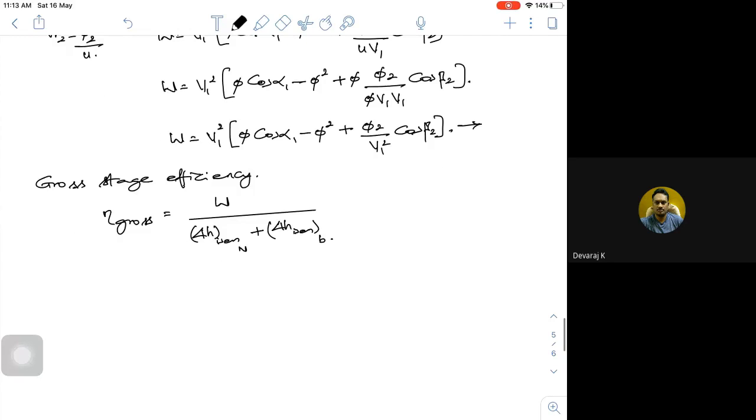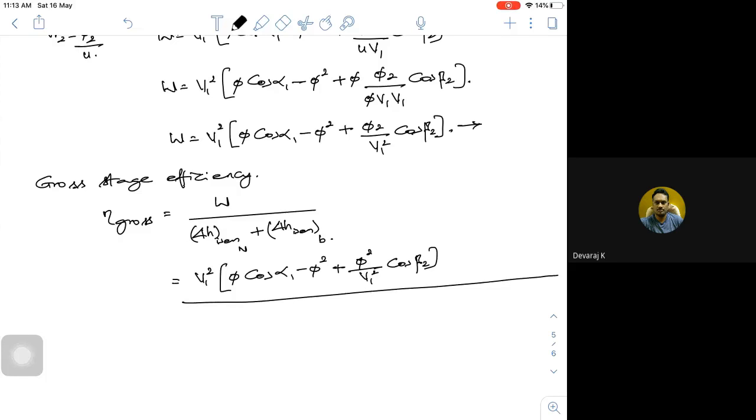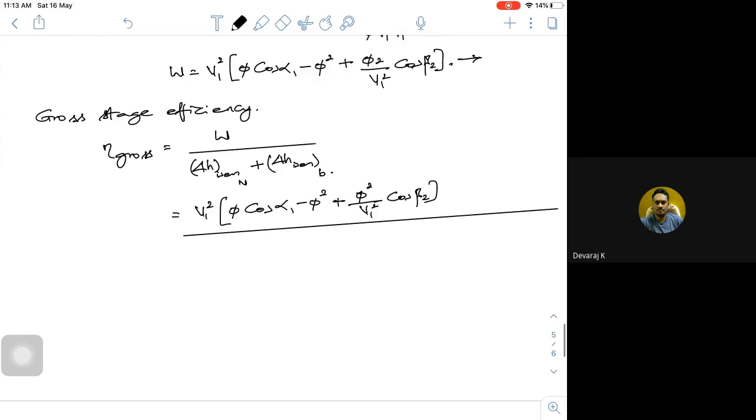So I can write it as V1 square into phi into cos alpha 1 minus phi square plus phi 2 by V1 square into cos beta 2, whole thing divided by,